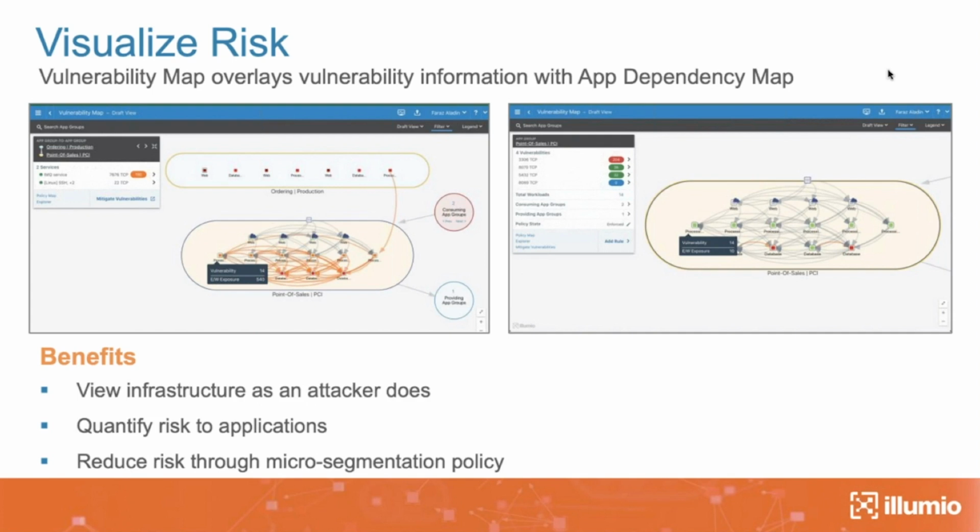And in the picture, it's a little hard to read, but you will see the exposure score on the left-hand side and on the right-hand side. What it really means is that if you have a vulnerability on a workload, on a particular port, then how many paths are there to get into that? The lower the exposure score, the better. The higher the number, the more paths there are to go in and exploit that vulnerability.